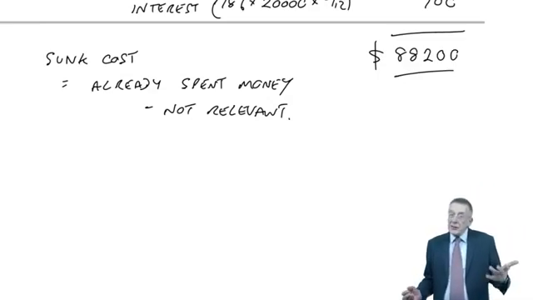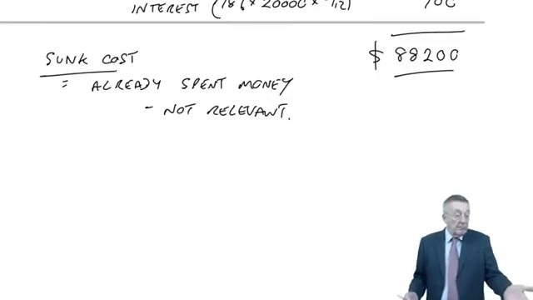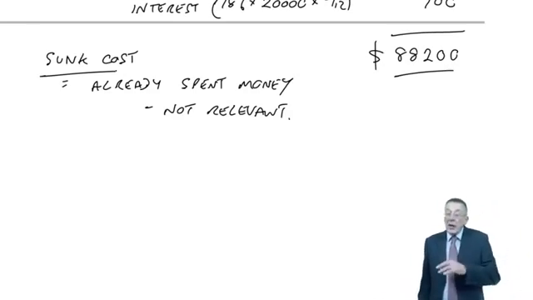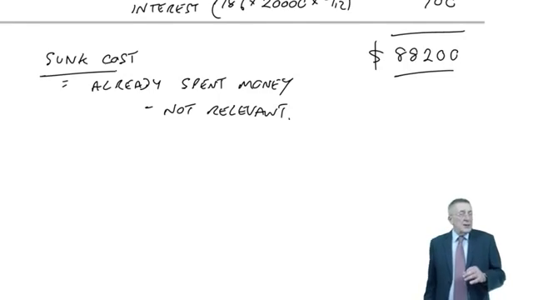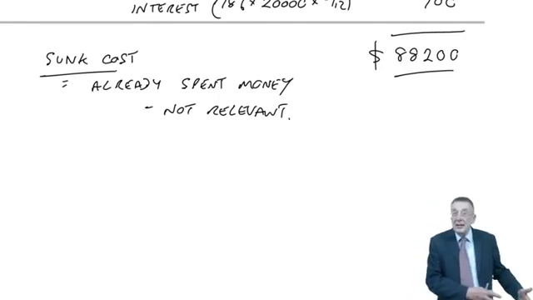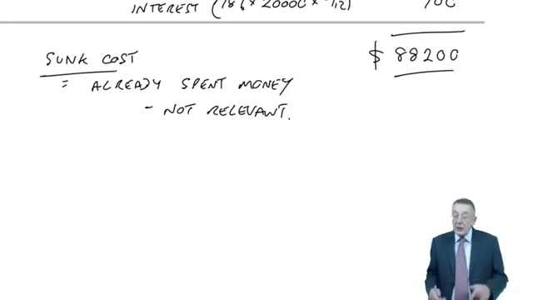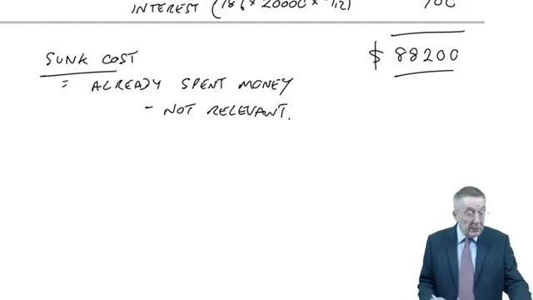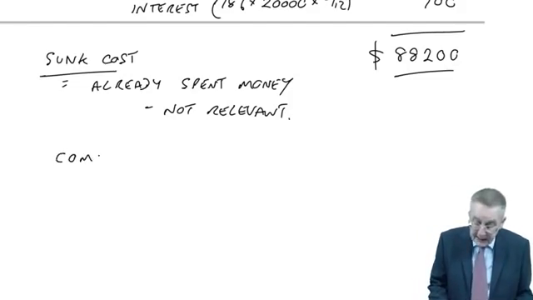Now, the terminology matters because, here it didn't matter what we called it, just the fact that we didn't bring it in. But you can get questions where they ask you specifically, to check you understand what we mean by a sunk cost or an opportunity cost. Sunk cost, you've already spent the money, not relevant. And I will add one more, which doesn't apply, I don't think, to this question. But if you ever see the term committed cost,